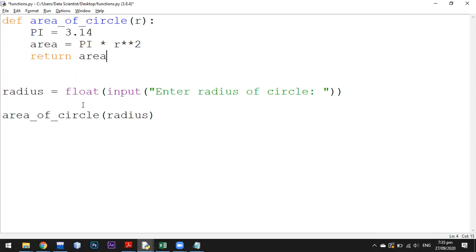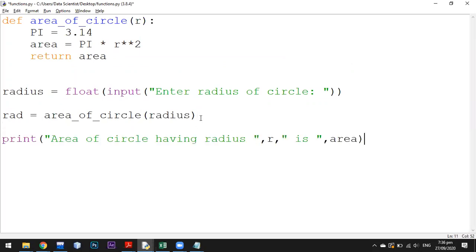Okay, and here I will save it in this variable, and then I will print it with this. Sorry, this was supposed to be area. Okay, then here,